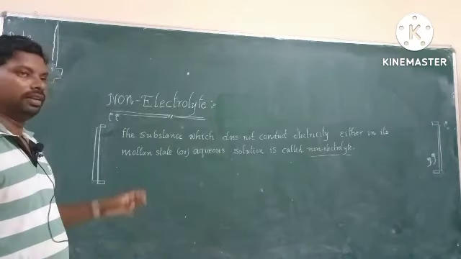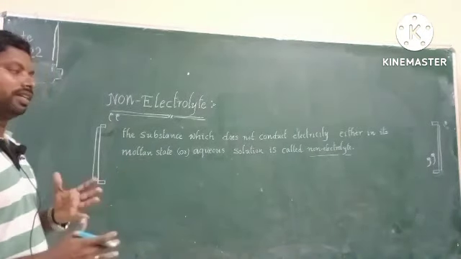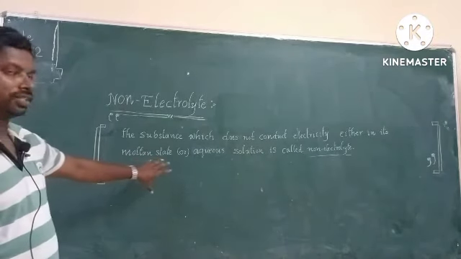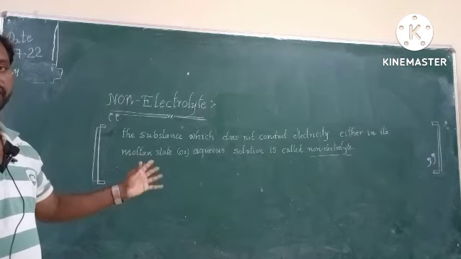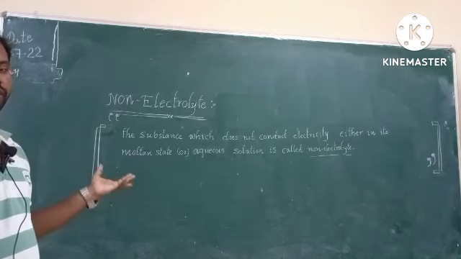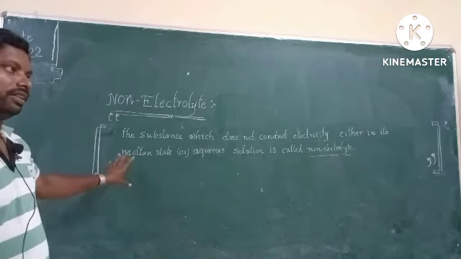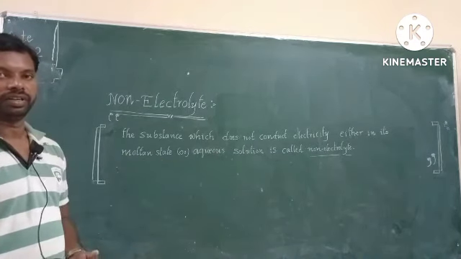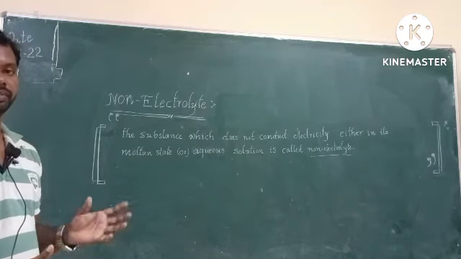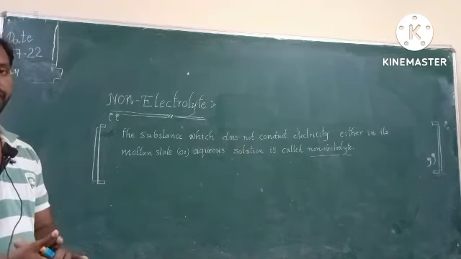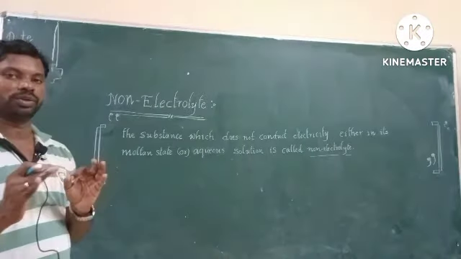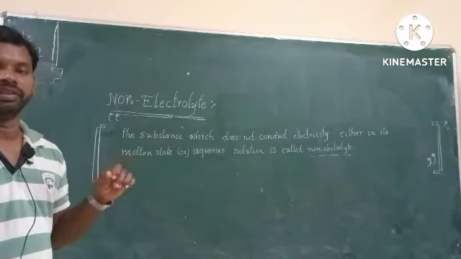What is a non-electrolyte? The substance which does not conduct electricity, either in aqueous state solution or molten state solution, is called a non-electrolyte. Non-electrolyte means if you take the aqueous salt solution or molten state solution, that means in the liquid state form, this solution does not produce any ions. So through this solution, electricity is not passing. That is called